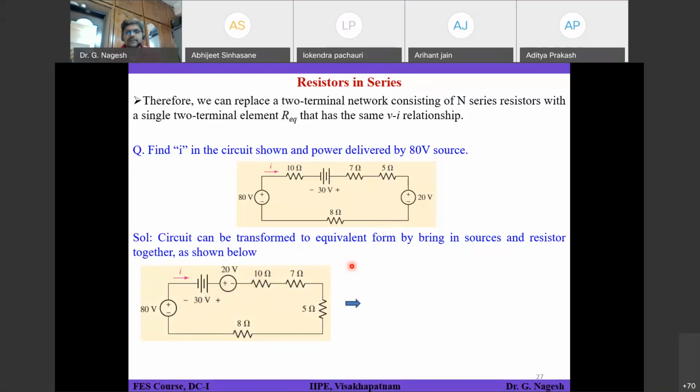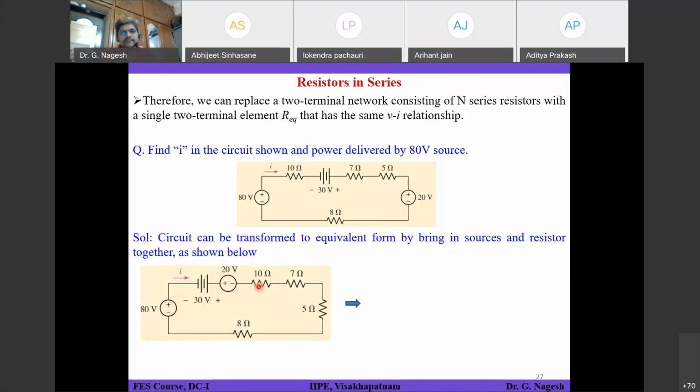If there is a current source in between, or in some parallel path, then you have to check how to do that. Okay. So this is a simple circuit where you can bring all the voltage sources onto one side. So what will be the net voltage? If I consider this as my reference, 80 volts and 30 volts are in the same direction or same polarity, so these two can be added, and 20 volts is opposite to the polarity of 80 volts. So 80 plus 30 minus 20 is equivalent to 90 volts. That is the equivalent voltage source you will get.